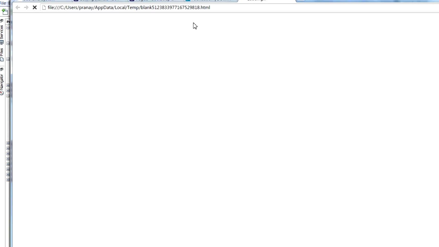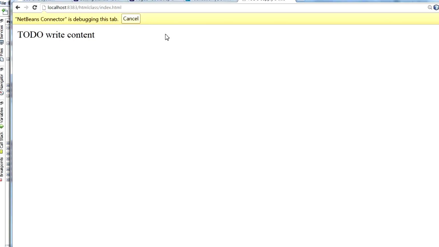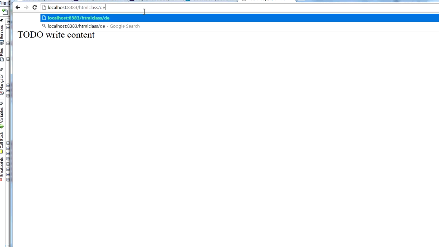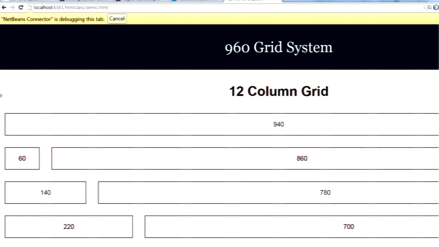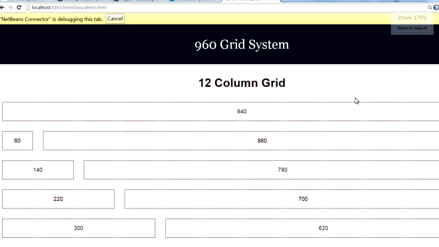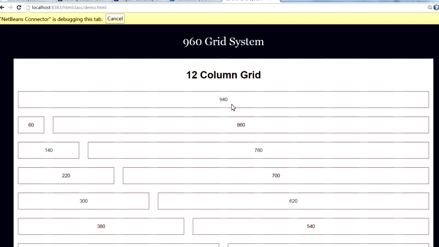What does this look like? And that's our index page, but it's actually demo.html. And here it is, a 12 column grid layout. Let me make it visible. So 960, it's using 960 pixels from here to here, and this one takes up 940 pixels from here to here. One column is 60 pixels, two columns is using 140. It's also counting this spacing in between,